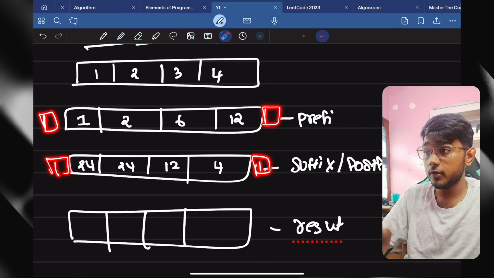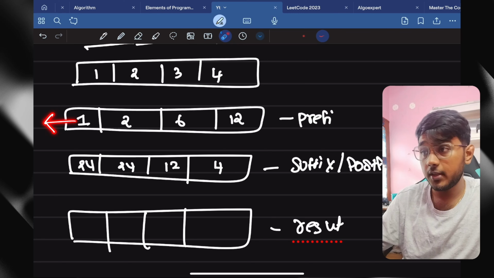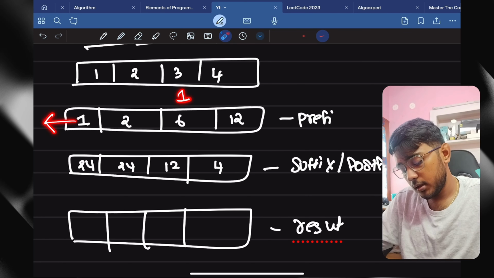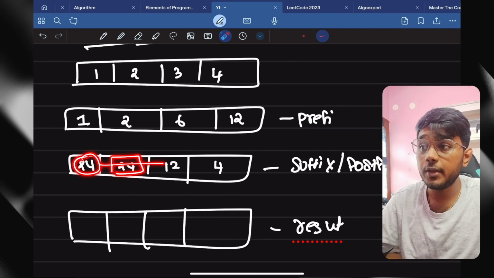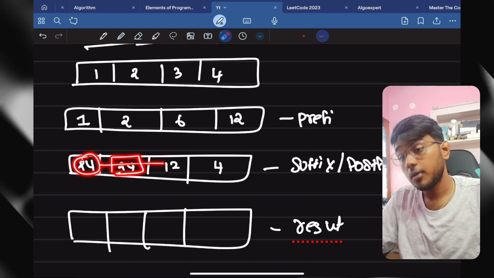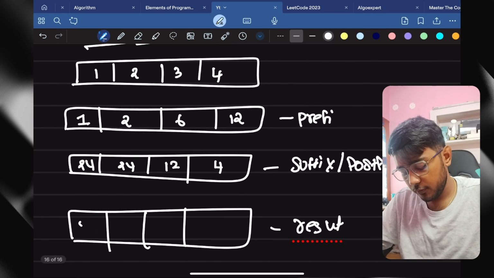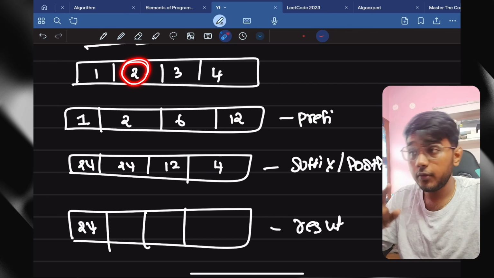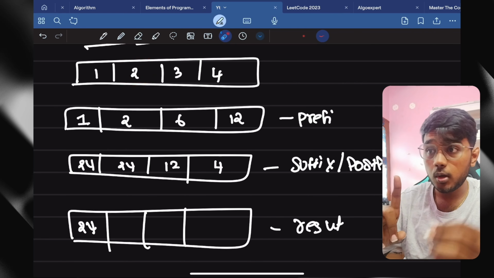Okay, don't get confused. If you look at this position, there's nothing on the prefix side. Just assume 1 is there, and for the suffix side, if you look at this side, you have the value 24. You can directly multiply 1 and 24, which will give you the result of this position. Okay, we can write 24 here. And if you want to calculate the product for this position, look at the left side